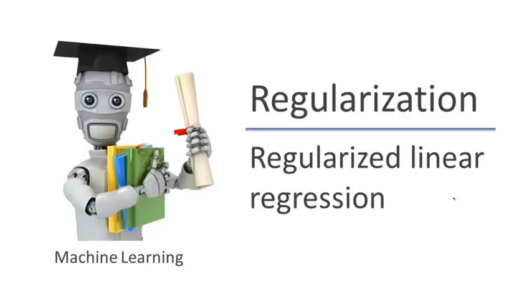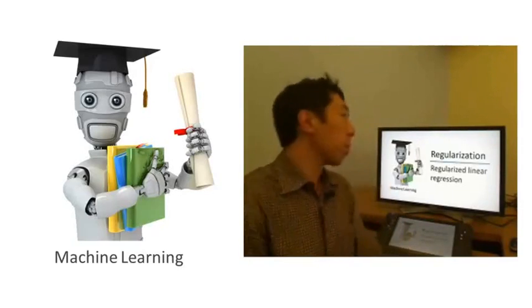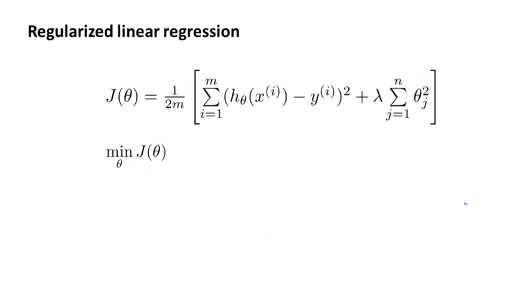For linear regression, we had previously worked out two learning algorithms, one based on gradient descent and one based on the normal equation. In this video, we'll take those two algorithms and generalize them to the case of regularized linear regression. Here's the optimization objective that we came up with last time for regularized linear regression. This first part is our usual objective for linear regression, and we now have this additional regularization term where lambda is our regularization parameter, and we'd like to find parameters theta that minimize this regularized cost function,